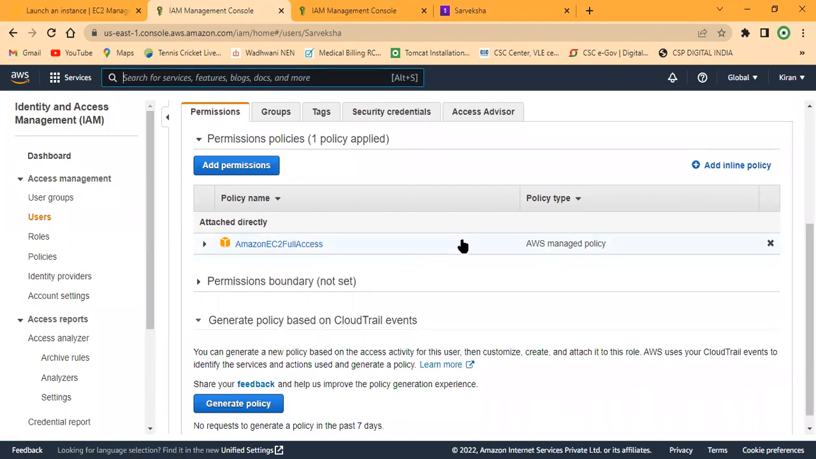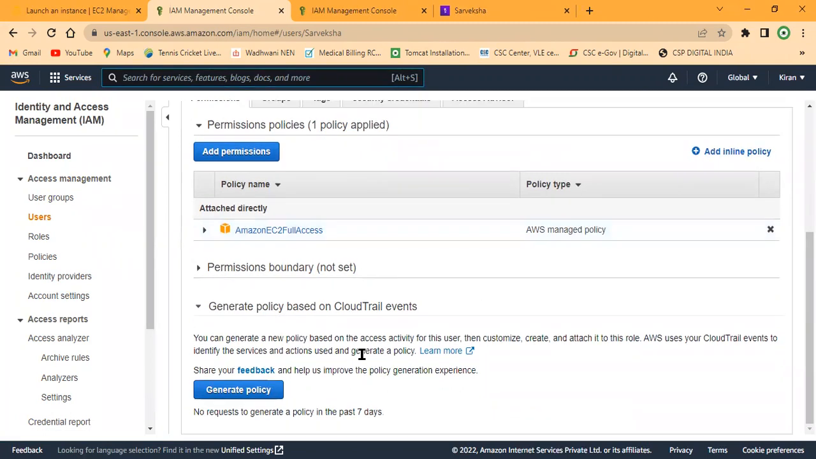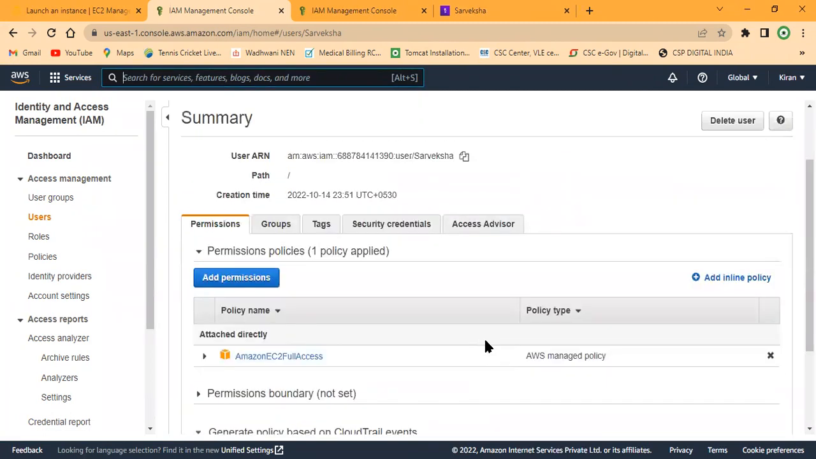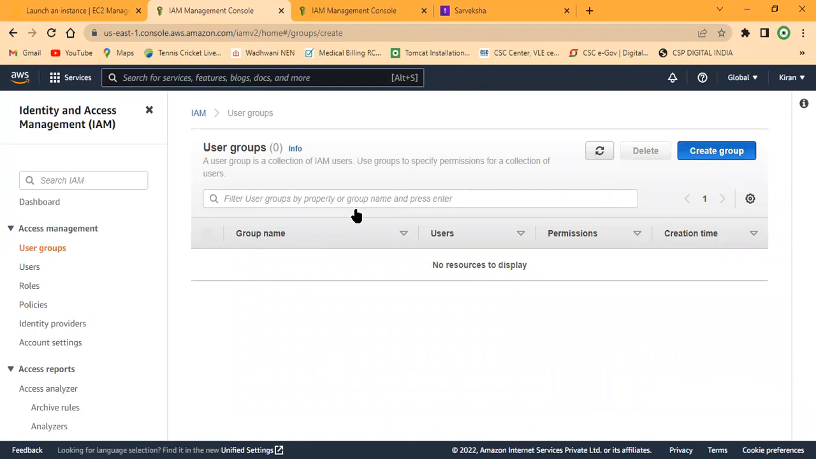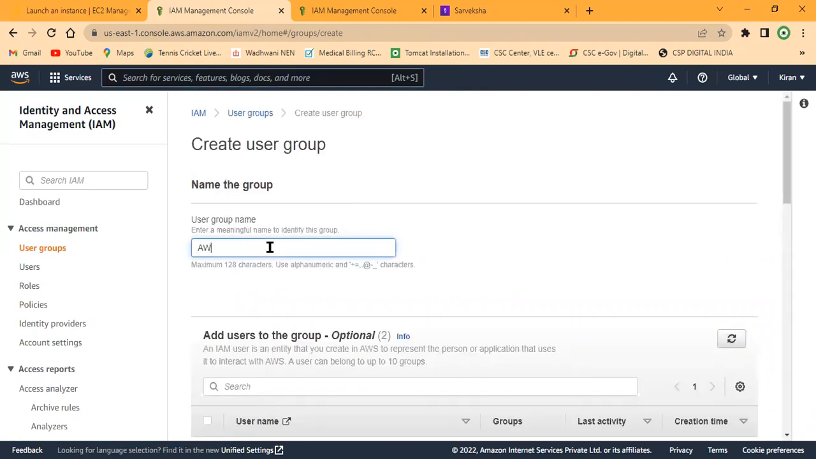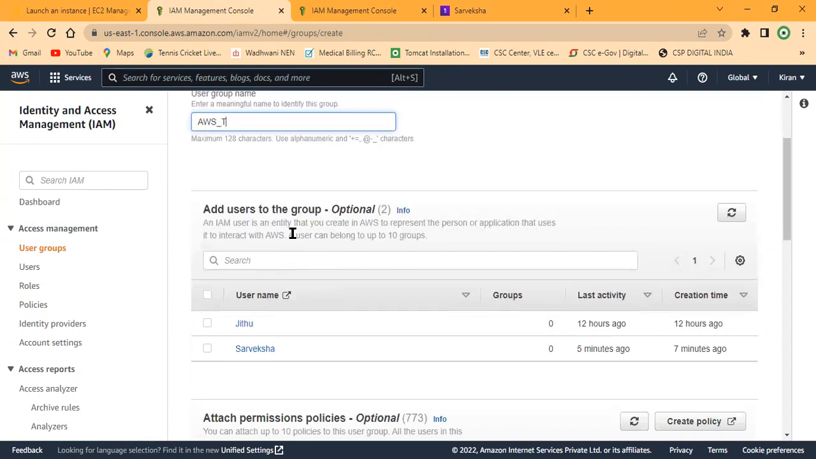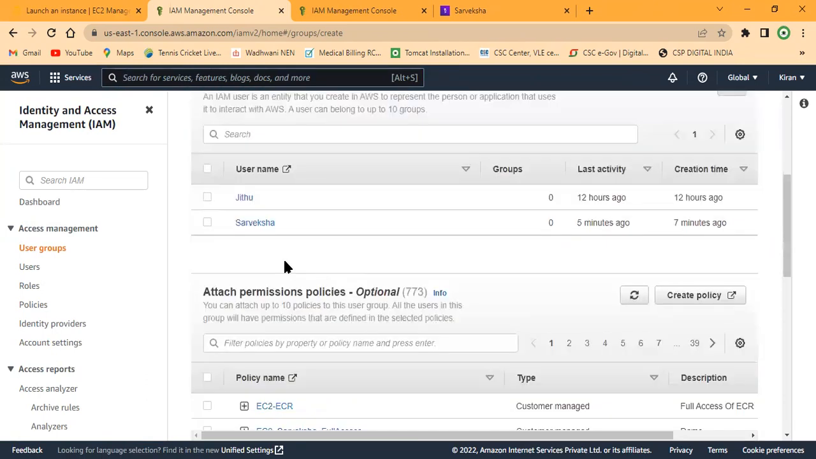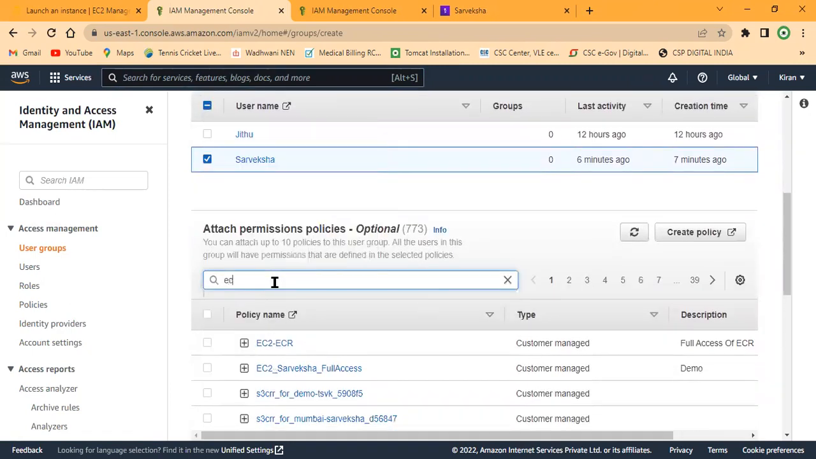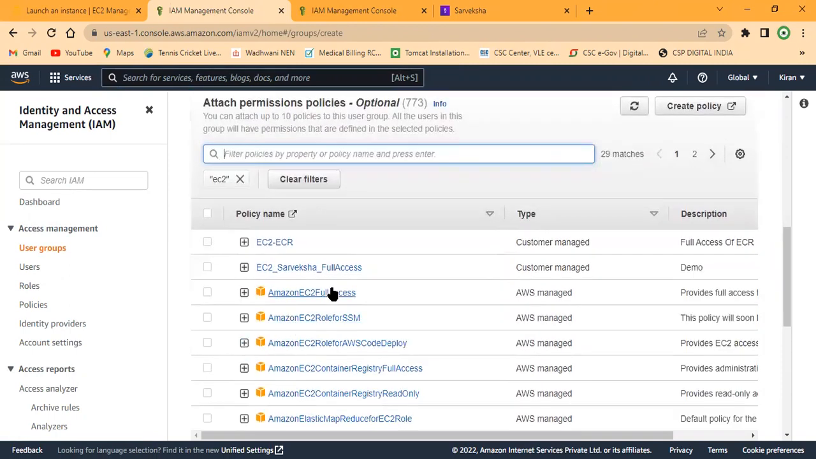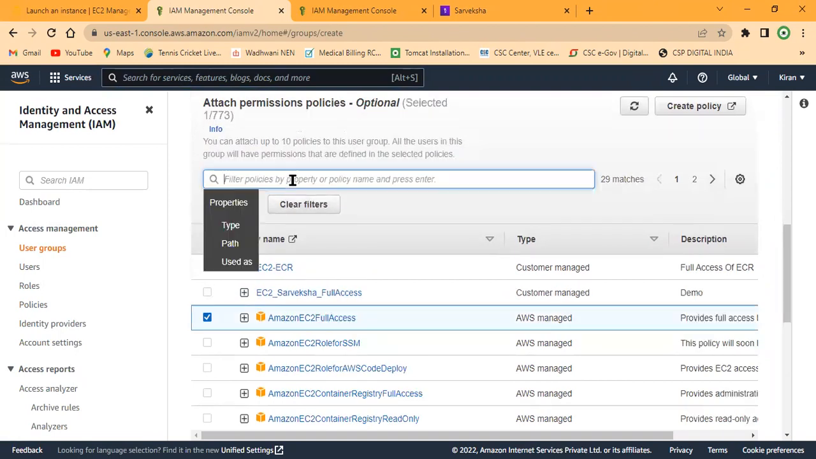Now I can add an inline policy or I can generate another policy. So which policy do you want to do, or I can add a group. See, I'll also show you the group as well. So now I'm going to create a group. Now I'll name it AWS team for my company, right? I'm going to add only Sarveksha over here. What are the permissions I wanted to do? So I'm going to give EC2 full access for the group, and then S3 full access,